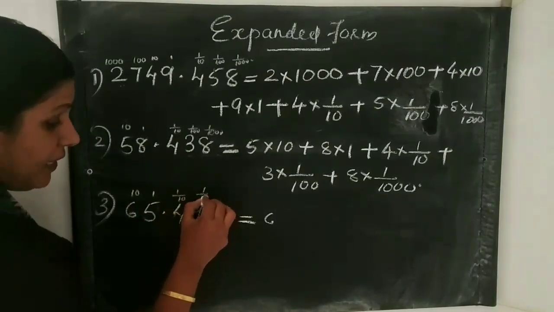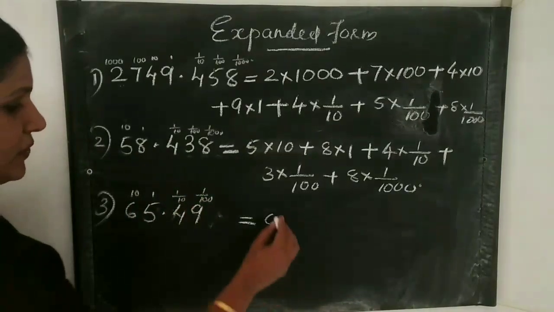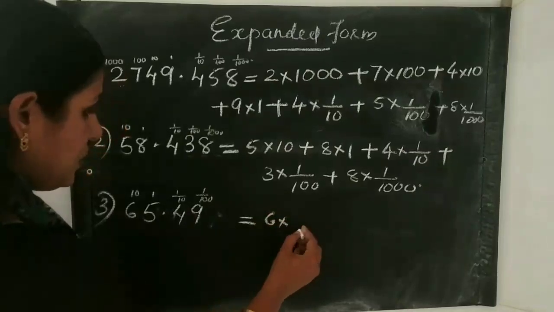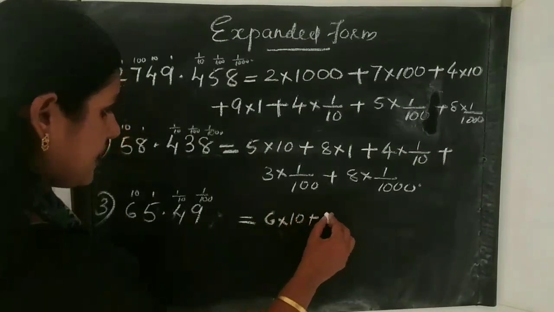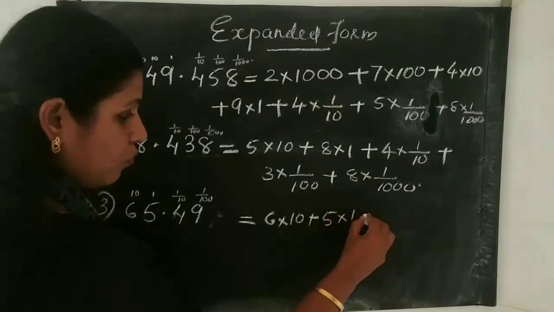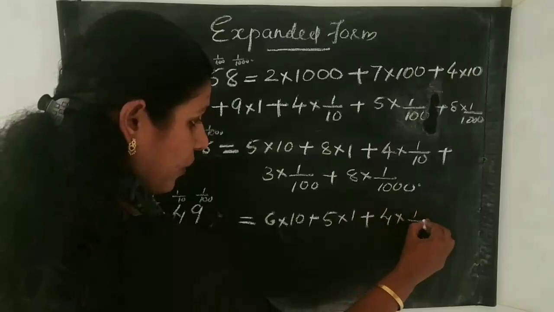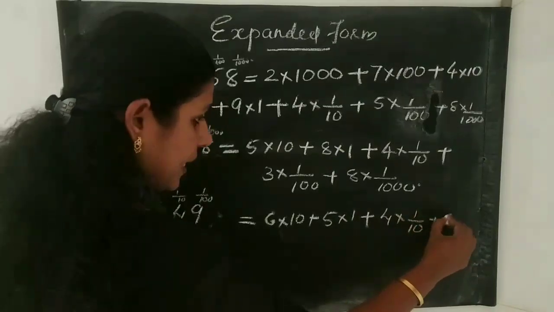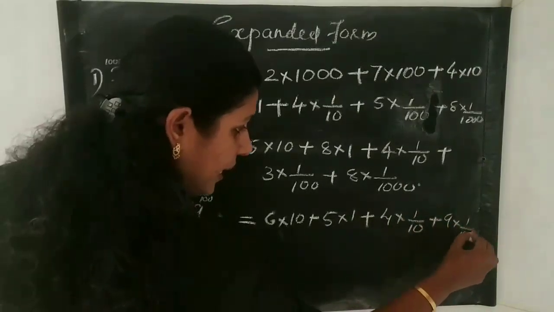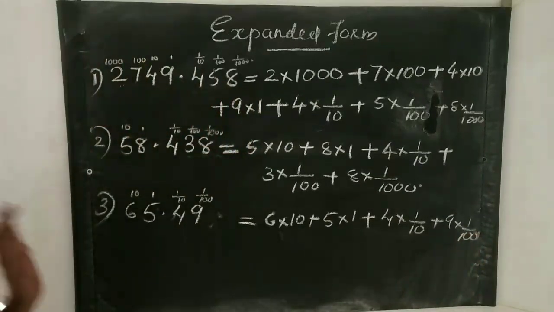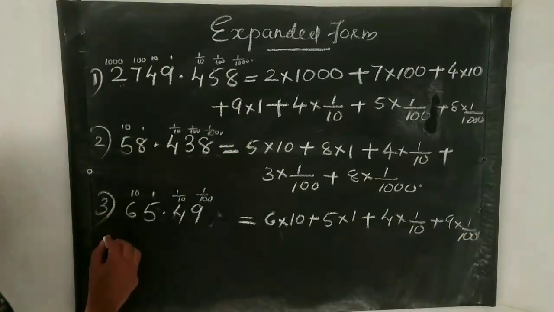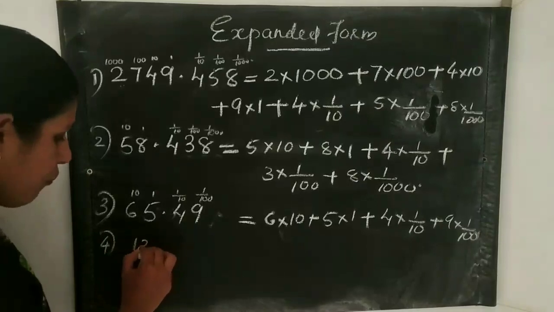It is 1 by 100. Okay. So 6 into 10 plus 5 into 1 plus 4 into 1 by 10 plus 9 into 1 by 100. Okay. Then the fourth question is